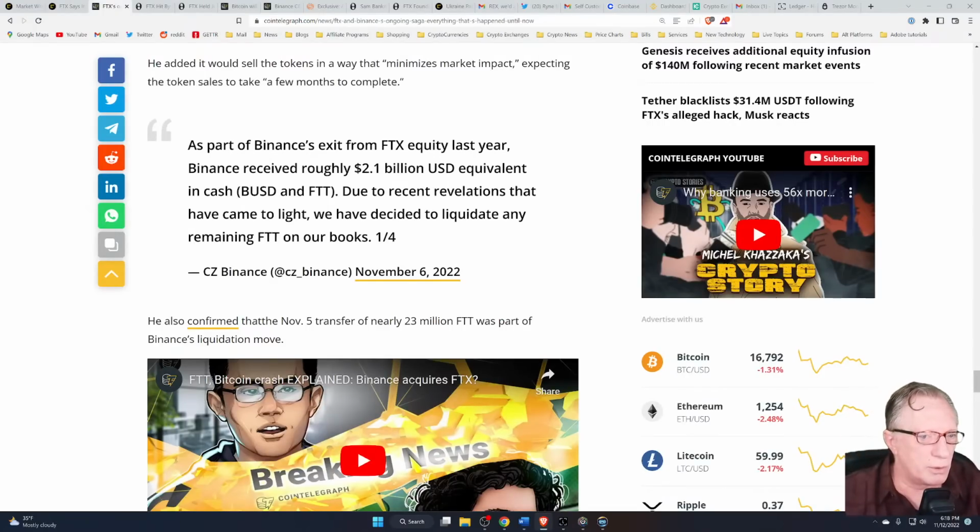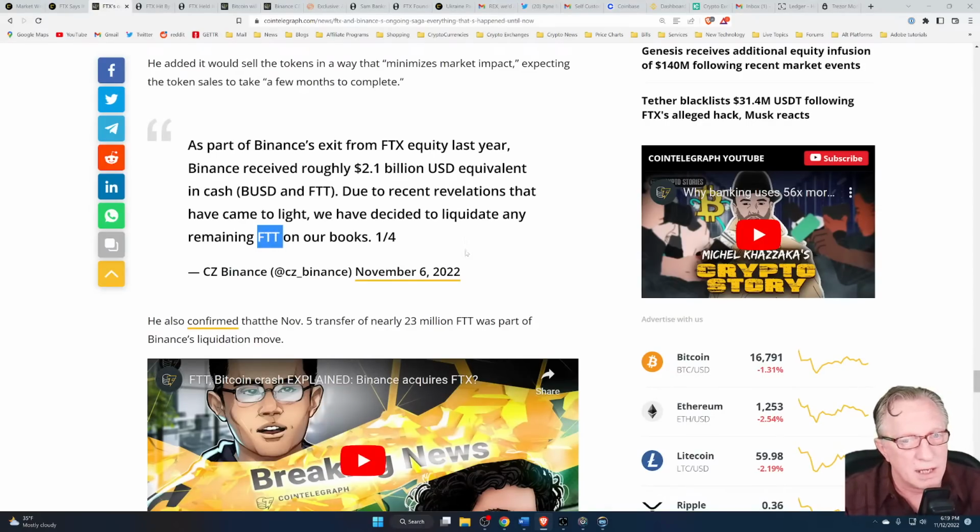So somehow the Binance CEO found out that there were some strange things going on between FTX, the company, which has an international exchange and a U.S. exchange. The U.S. exchange is called FTX US, and it looks like that's gone under as well. And he noticed that Alameda Research was holding a lot of FTT tokens,